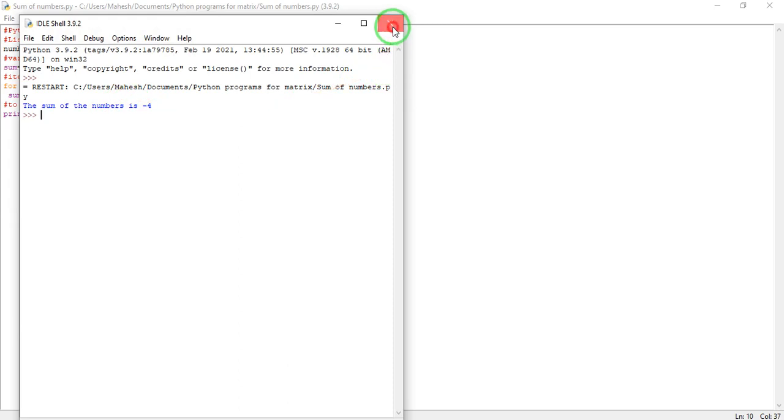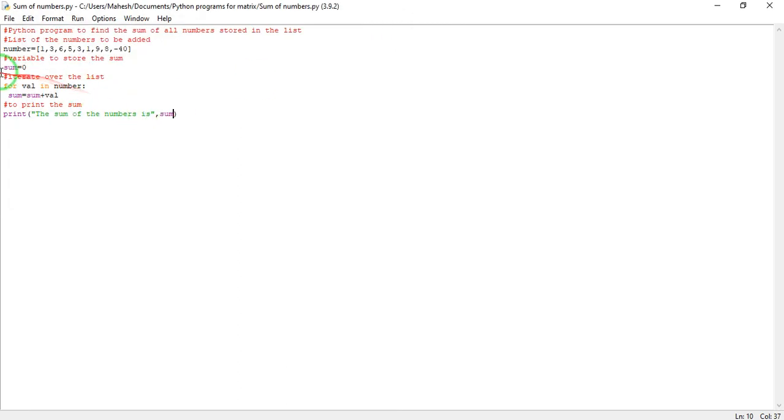Let's see. Yes, -4. Okay, it's not only sum. We can store the sum in something else. Let us take this to be simple S. Let us take capital S. Then you define that to be capital S and this to be capital S, because that's how we have defined. And then again let's keep this sum as it is. Let's see how it compiles.